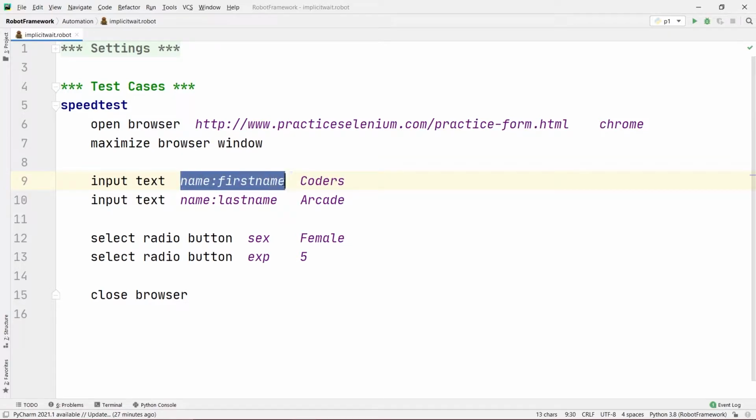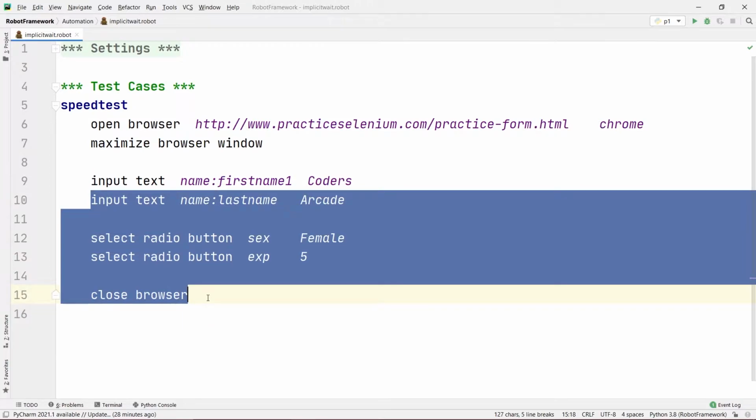Since our locator is correct right now, I'm going to change this locator, and now this will encounter an error on this line and our program will fail. So what will implicit wait do here? Whenever your program runs into an error, implicit wait is the time that the robot framework waits for this particular command to be resolved, and then it will go on to the next piece of code.